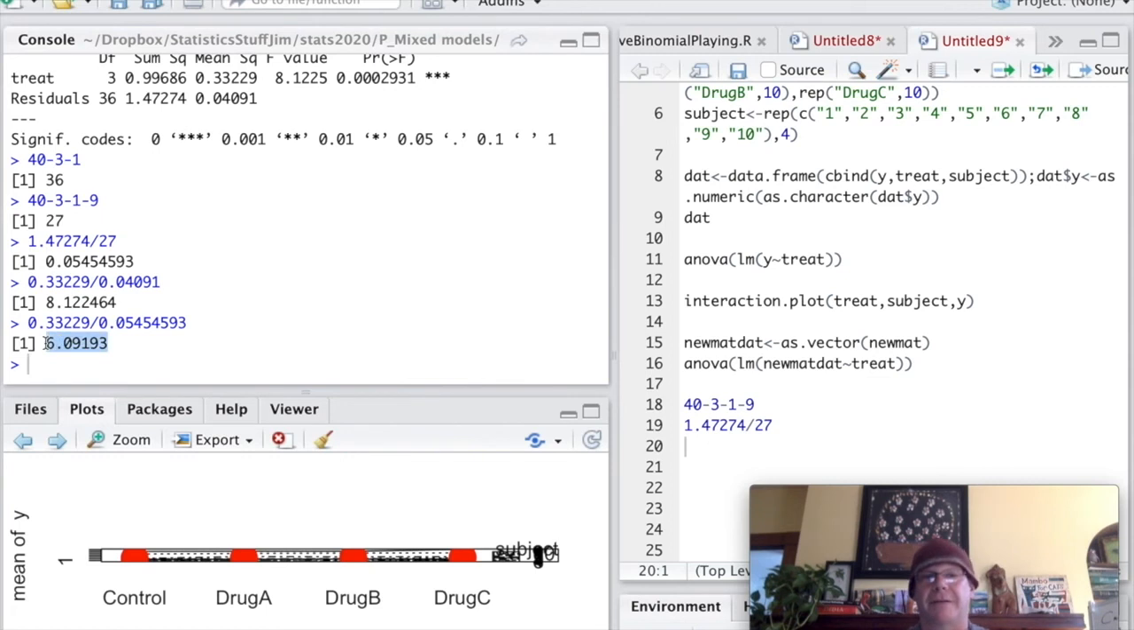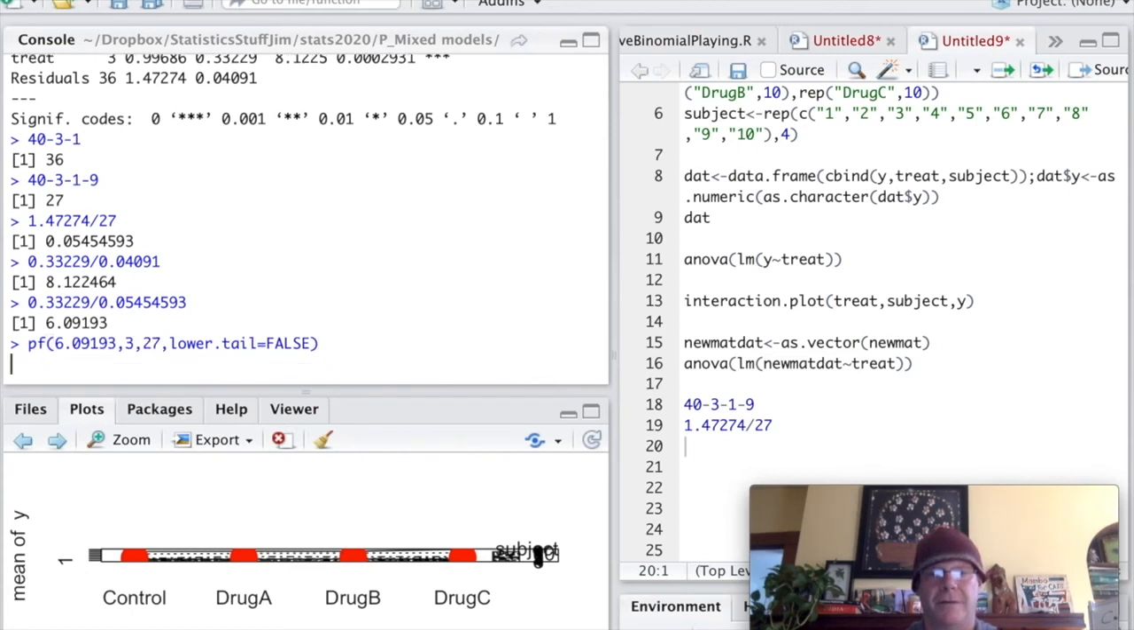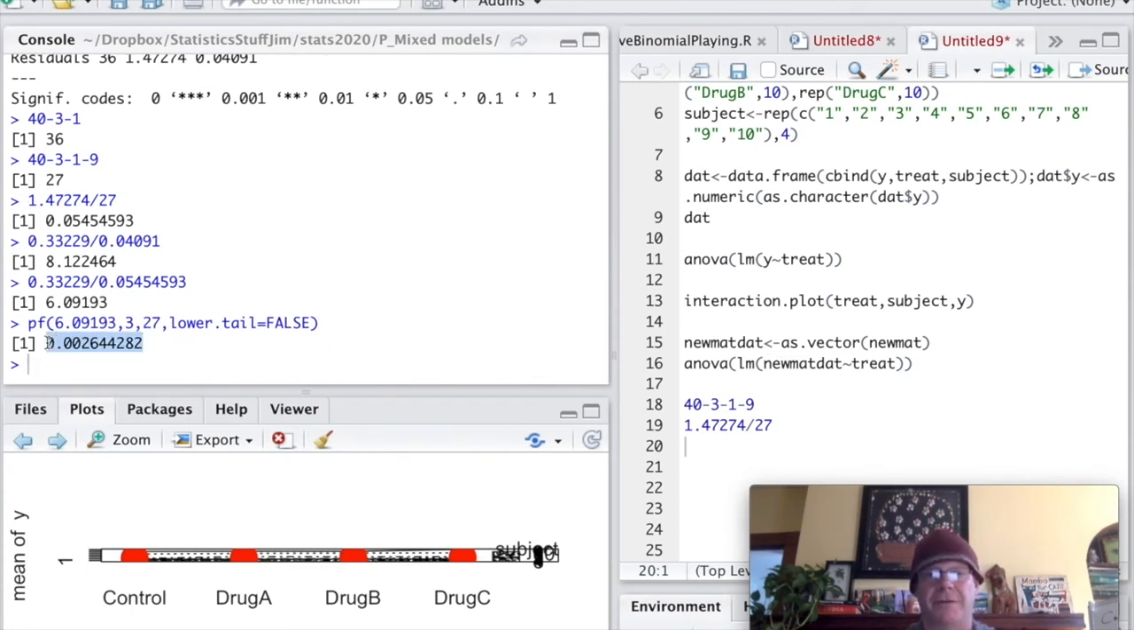That is our correct F ratio. That is the F ratio that we would potentially want to use to do hypothesis testing. And we can even take that F ratio and put it into the cumulative distribution function for an F. So it's going to be that, and there's going to be what? 3 and 27 degrees of freedom, and lower tail will equal false. And then here we have 0.002644282. That is the correct p-value, as long as we're happy that that's the correct way to calculate the denominator